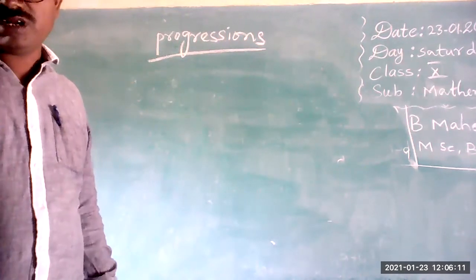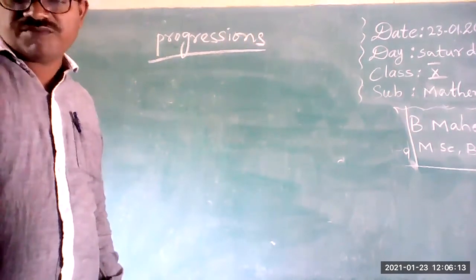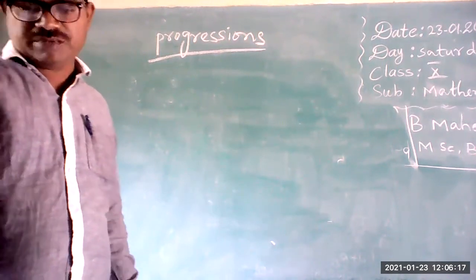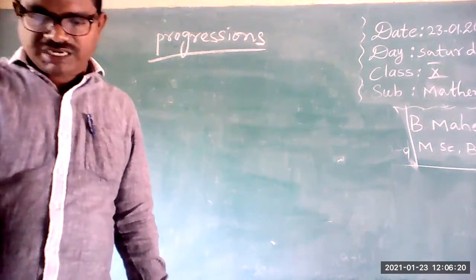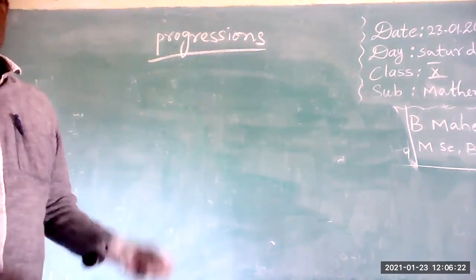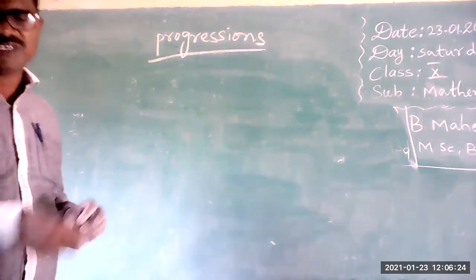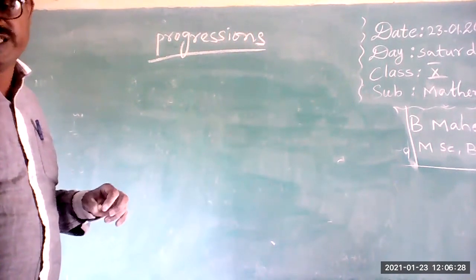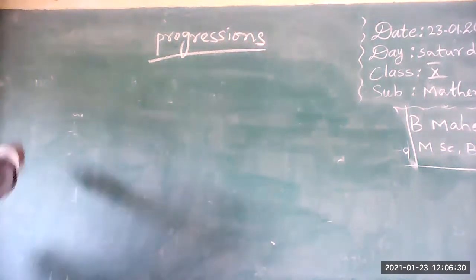Which of the following are in an arithmetic progression? If they form an AP, find the common difference D and write the next three terms. So here 13 problems are given. First find out whether the given series are in AP or not. After that, find the common difference and the next three terms. Okay, first one,